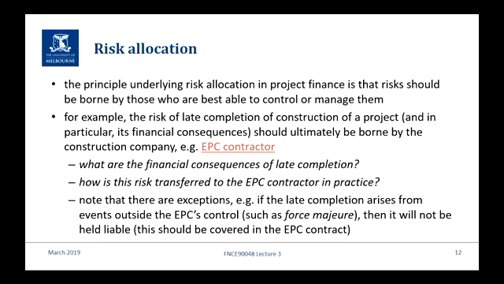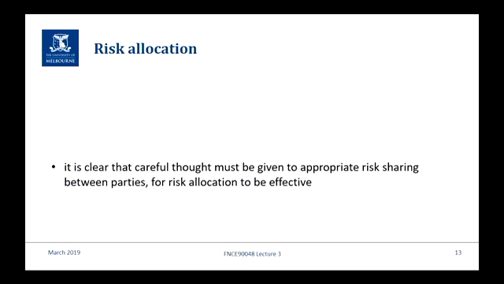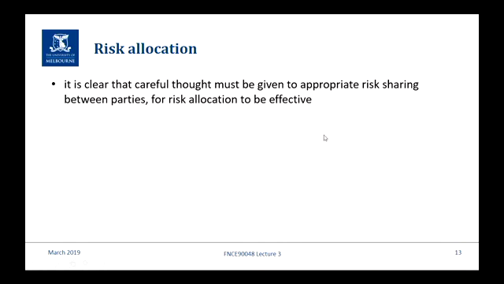And I said before, they'll price it out. They're experts, they're in the business of construction, that's their risk appetite, that's their business. So they want to do construction projects where it costs them $400 to do and they charge $500. That's their return on their risk, which is essentially the risk of having the expertise, the ability to do the construction. So clearly it's a very important exercise to make sure you choose the appropriate counterparty, the ones that are truly the ones that can bear the risk, each of the risks.